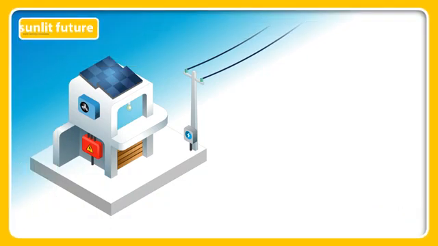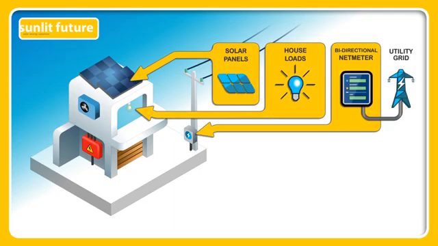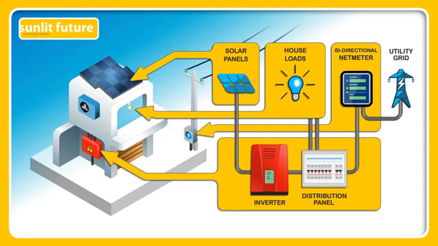There are four main components in a grid tie system: the solar panels, the electrical loads, the bidirectional net meter, and the inverter. In this house, the distribution panel and the inverter are mounted together on the wall. The inverter converts the DC electricity that is produced by the solar panels into AC electricity. The meter that was installed by the utility company is replaced with a bidirectional meter to measure the imported and